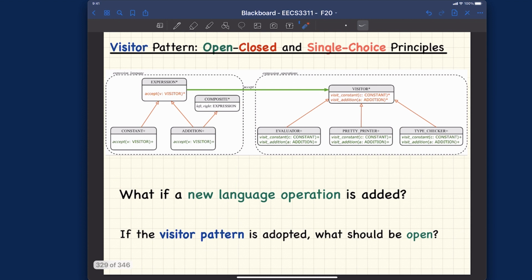Second scenario, what if we want to add, let's say, a new language operation? For example, let's say we want to add a code generation operation for the language. Maybe from the arithmetic expression, you want to generate assembly code for optimization purposes. So now, what if a new language operation is added? First of all, we have to touch